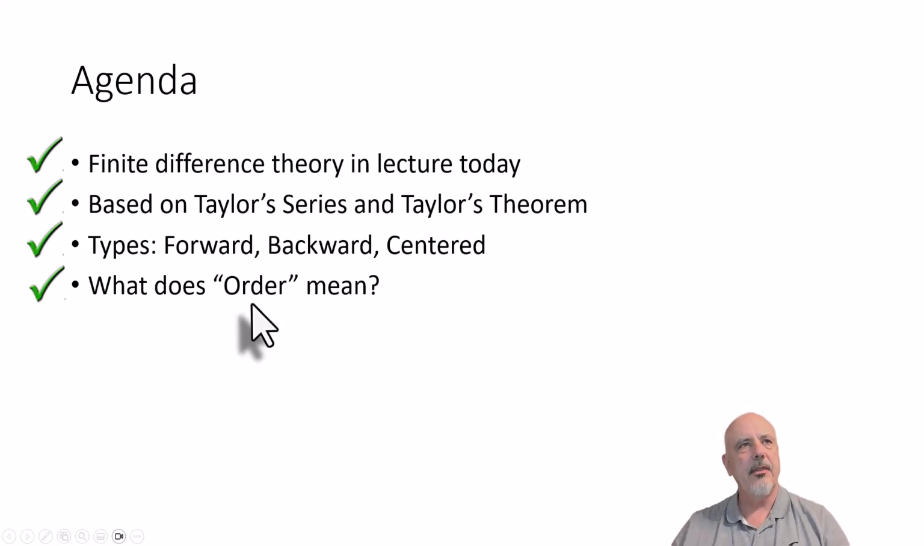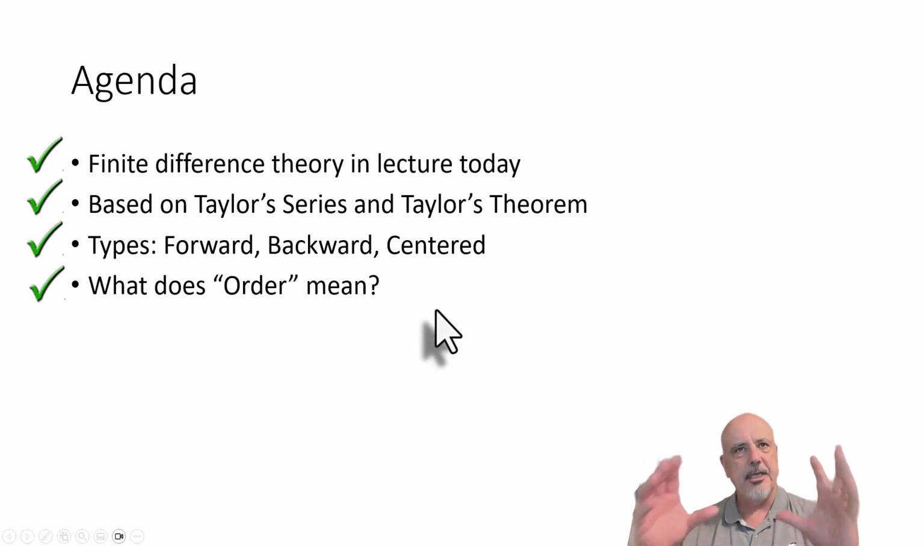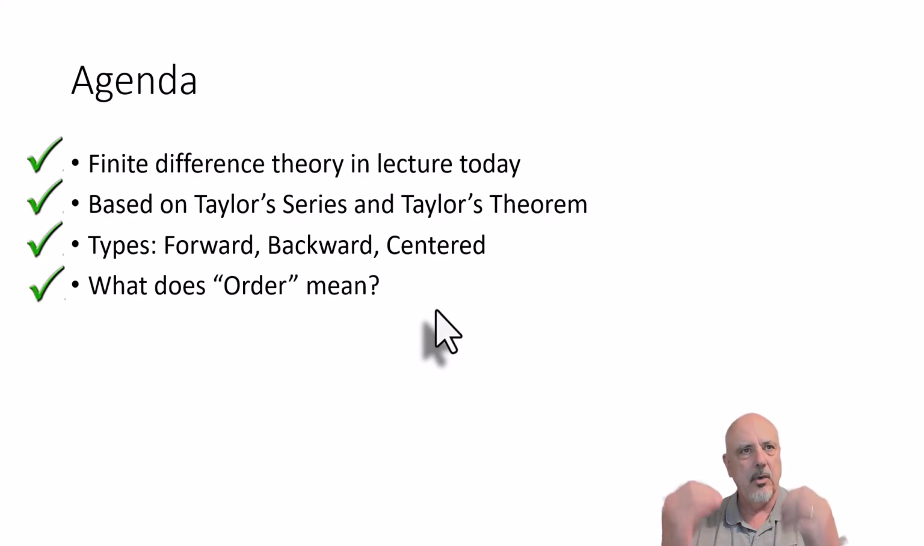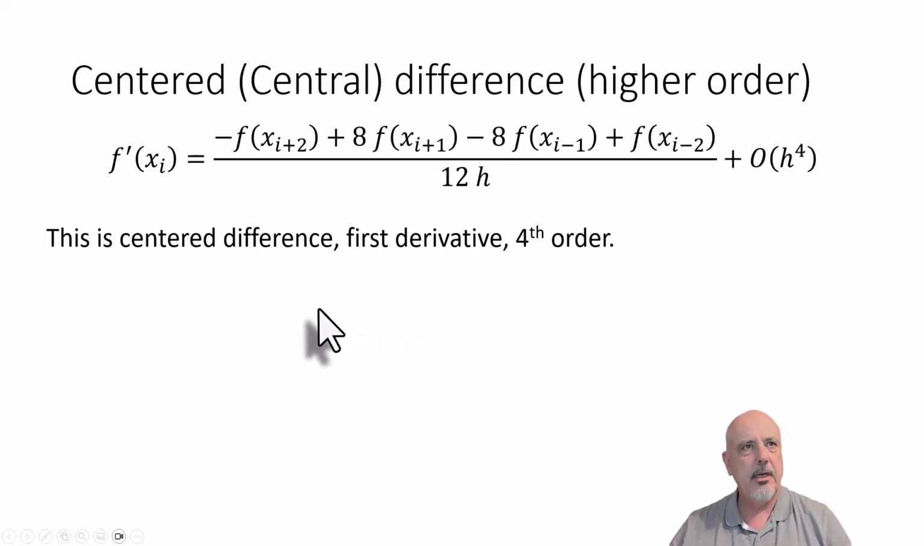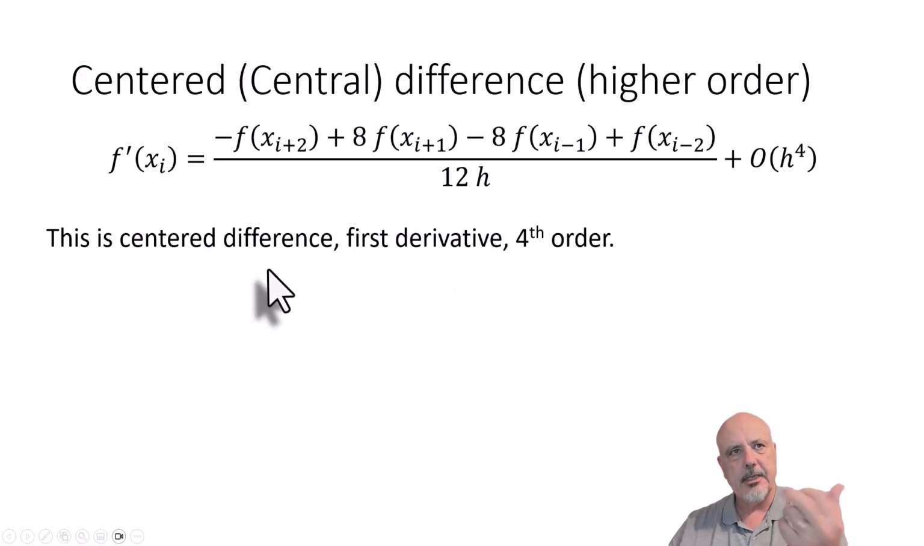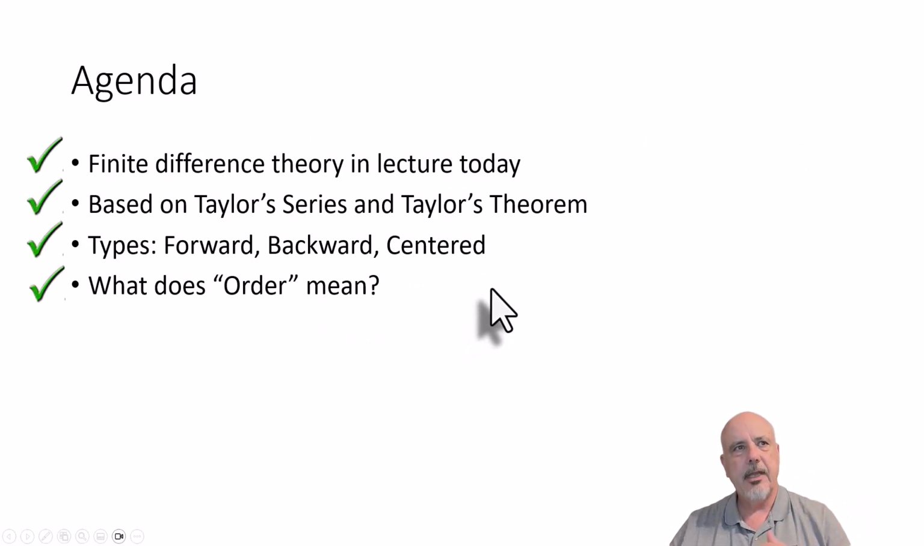All right, so you've seen finite difference theory. You've seen how it's based on Taylor's theorem. We did a forward, we did a backward, we did a centered, and we hopefully got a feel for what order means. And we did a very intense one right here, where we figured out a fourth order first derivative centered difference. Okay, so I hope you've